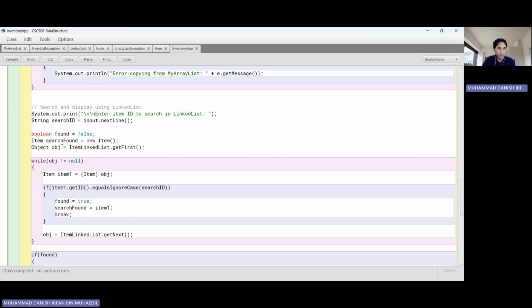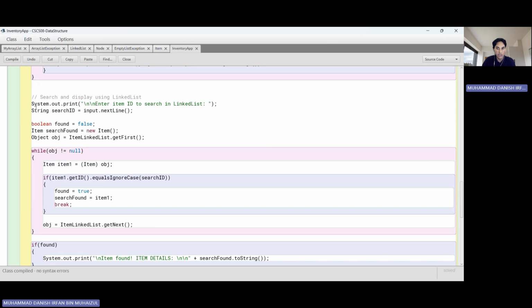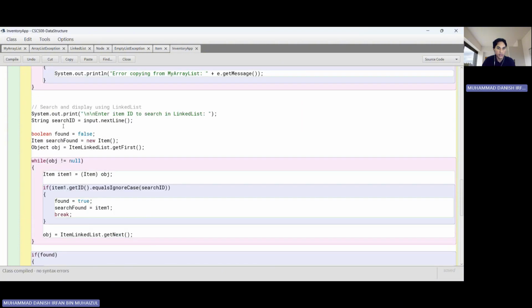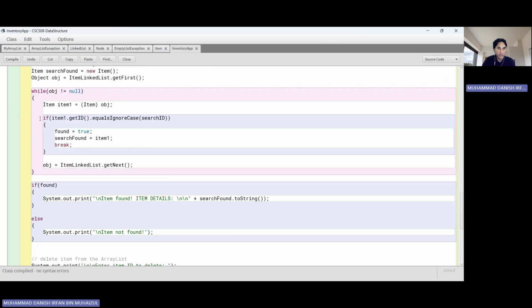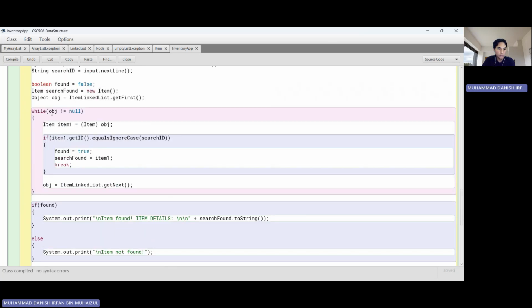And then for the next part, I want to search and display using the linked list. So the program will ask the user to enter the ID they want to search in the linked list and store it in the search ID. So on this part, in this while loop,